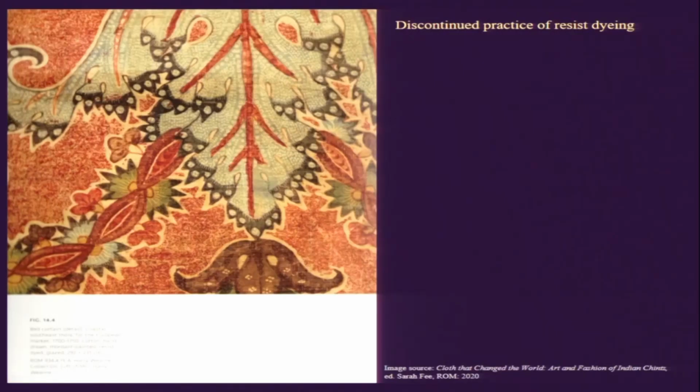For example, in many of these pieces in which resist dyeing has been done, we see that some of the elements were already hand drawn. In this case, the edges, or the contours, of these floral or vegetal motifs are first hand drawn, and then on top of it mordant dyeing is done. After the mordant dyeing, it is covered with wax and dipped in the indigo solution for achieving these shades of blue in this piece.